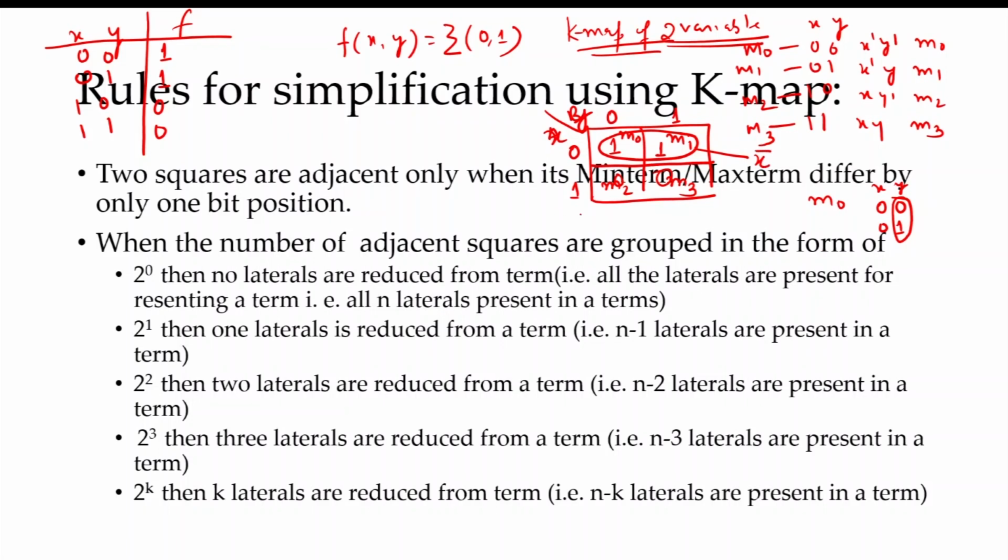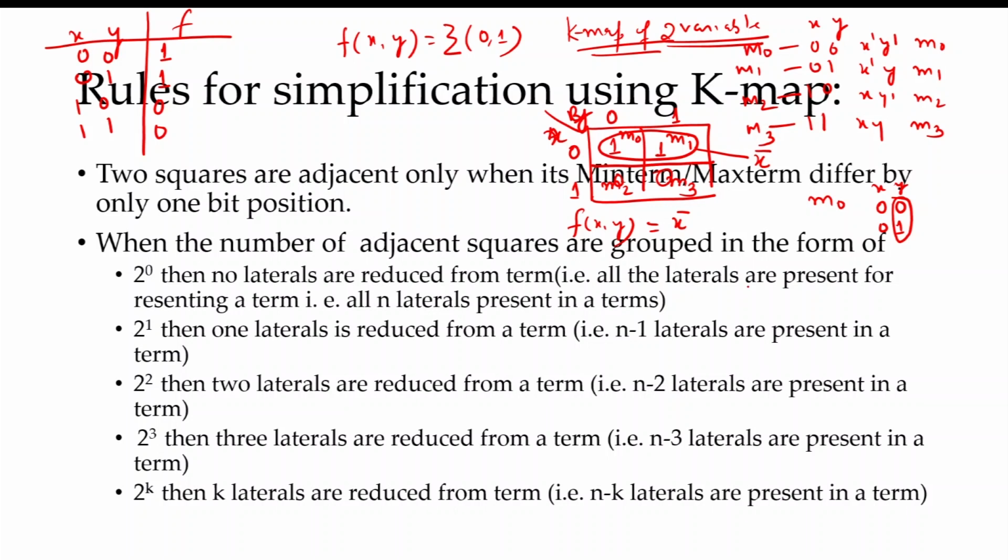So what is the minimized form of the function f of xy? That is equal to x complement. Whatever the value of y, when x is 0 the output is its complement, that is 1. Similarly, this is 0 1, this is 1 0, this is 1 0. This means the output only depends on the value of x, not on the value of y.